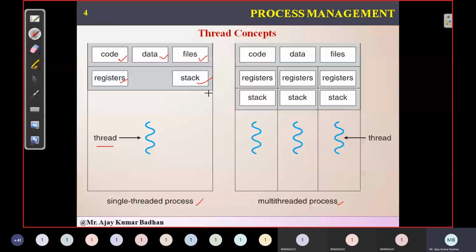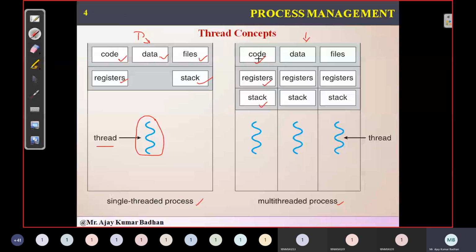Okay, so if you look here, there is a single thread. Traditional systems used to have only one process, and this process could create only one thread. This is traditional, like in the 90s, whatever systems we had. But today's systems are advanced, so we can create multiple threads, and every thread will have its own registers, followed by the stack.